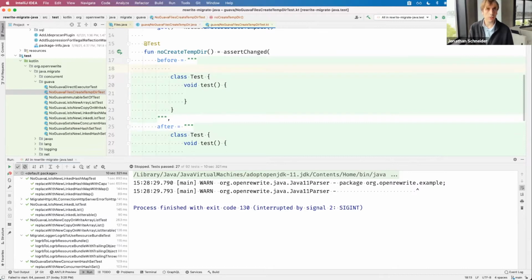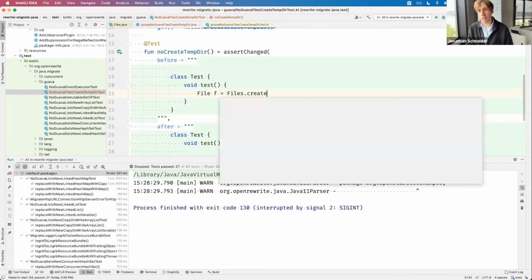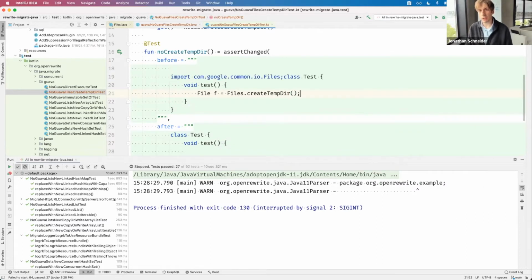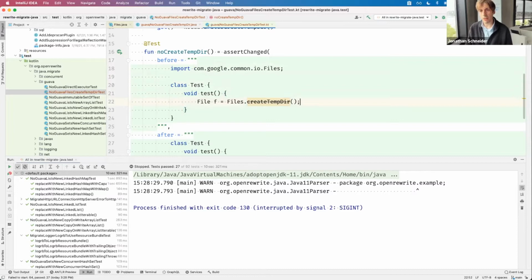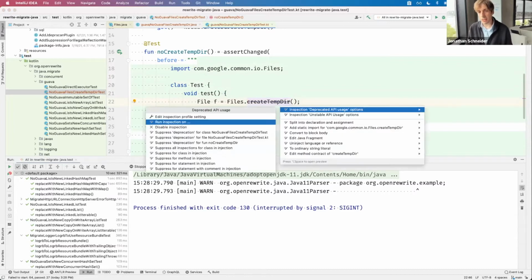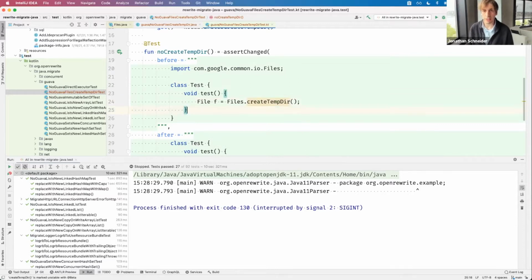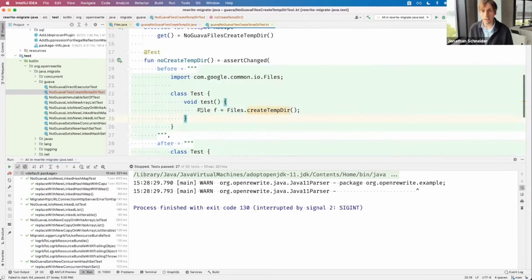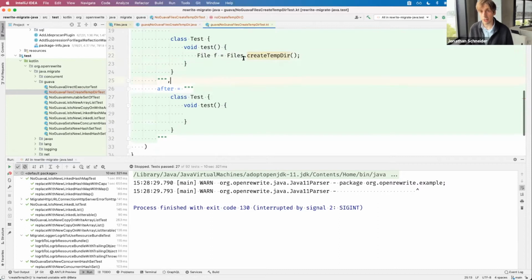So let's see. I think if we were going to create a tempter, we'd do something like this. We would say files.create tempter. And notice the IDE does funny things with these imports. The IDE is even telling me at this point that this is not necessary, that it could be replaced. And of course we know that as well. But